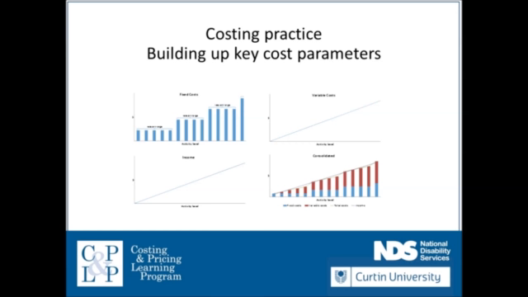Putting it graphically, these are the key cost parameters and the fixed and variable costs associated with the relevant range. Come back to this slide and also look at the costing and pricing framework, the national framework, which is available on the Costing and Pricing Learning Program, together with the study guide that's available through the Costing and Pricing Learning Program website as well, to investigate these ideas a little bit more thoroughly.